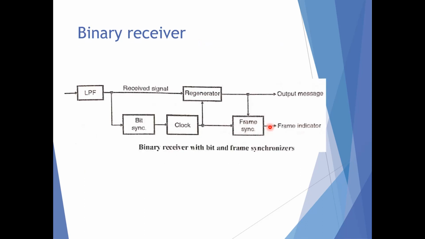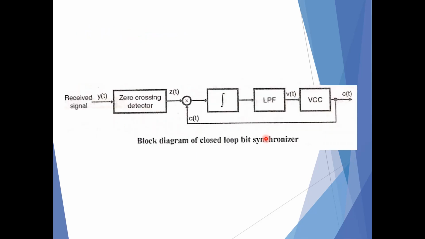So this is a binary receiver with bit and frame synchronization. It is a technique to make the clocks, as I told you, at the transmitter and receiver operate at the same rate. So here the position of the symbol and bit synchronization in the binary receiver system are shown. Here we can see a bit synchronization. This is a frame synchronization. The bit synchronizer will extract synchronization from the received signal itself, while the frame synchronization uses the output message of the rectangle regenerated and clock to derive the framing information.